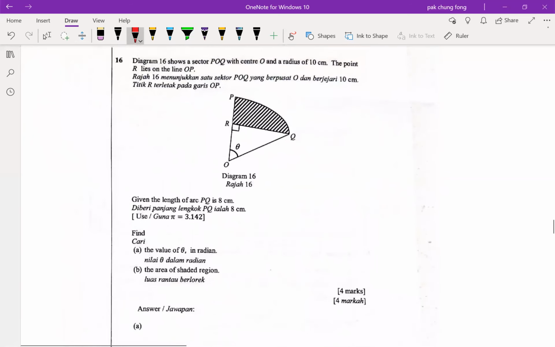Question 16. The radius is 10, OK, so this radius is 10, PQ is 8. OK, find the theta. So he gives me the arc length, so your arc length formula, the 8, arc length equals r theta, so 10 times your theta, so your theta will be 8 over 10, that means 0.8 radian. OK, answer in radian, so 0.8 radian. OK, part B, the area of the shaded